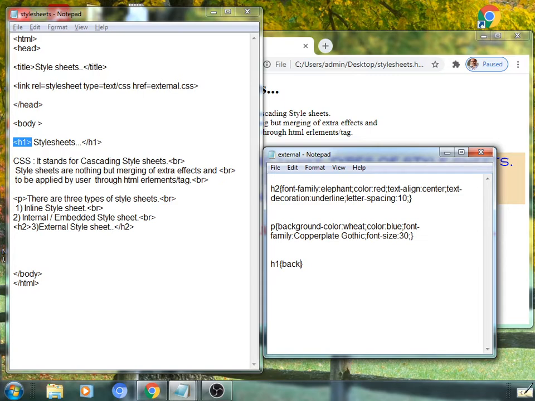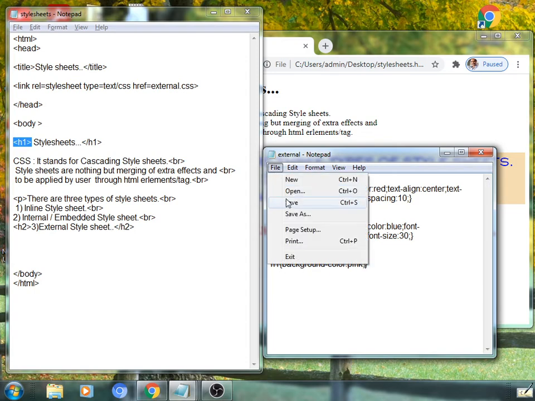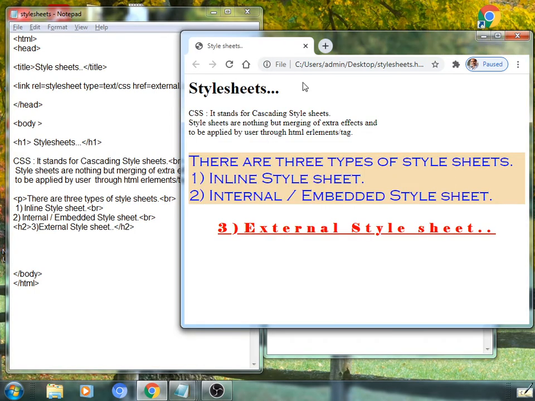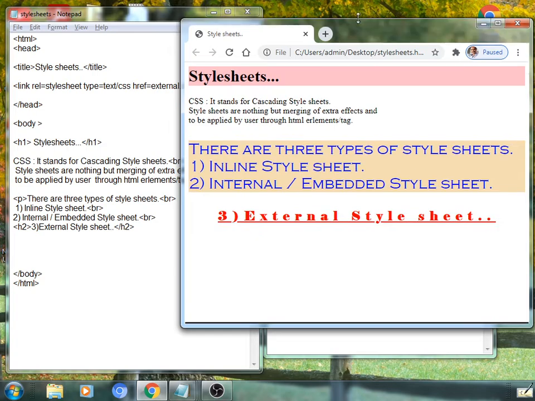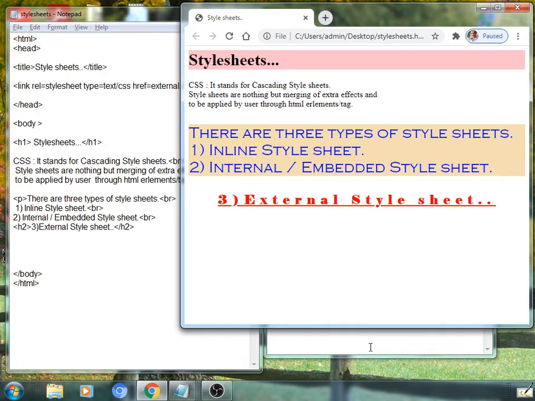For this, property number 1, background-color, a color value as a color name to be displayed. About this, I have chosen pink. Save here, refresh at the browser's window. See here, a background color pink for heading level number 1, which we have applied.